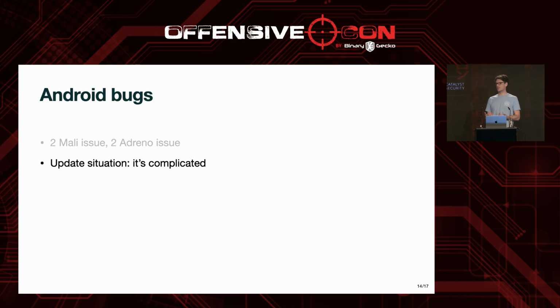And those device manufacturers may or may not distribute some kind of over-the-air update. It really depends on whether your device is still receiving updates. Of course, this is kind of a problem because there are potentially millions of devices out there which will not receive any kind of fixes for those reported issues,